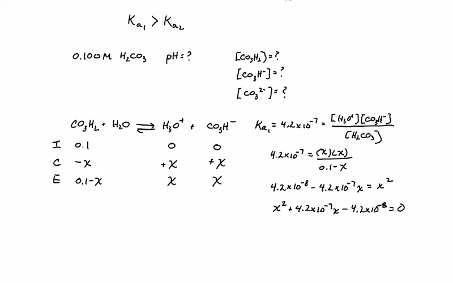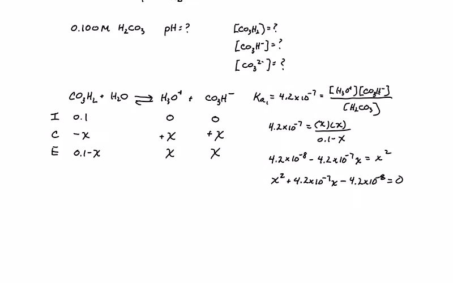And set that equal to 0. Now all we have to do is plug this into a quadratic formula calculator. Okay, and we wind up with two values for x. We're going to take the positive one because that's the only one that would make sense here. Oops, 204.7. Okay, so that's going to be molarity, so that we can say then that the pH